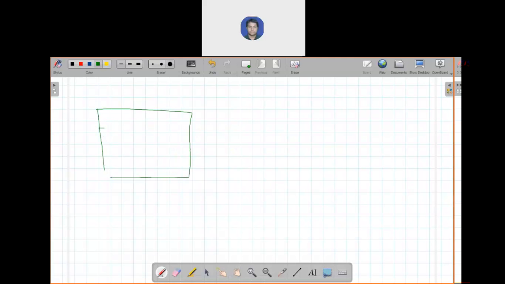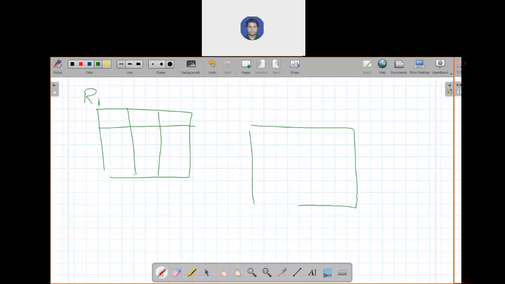We have one relation, R1. R1 is the referencing relation, and there is another relation, R2, which is called the referenced relation.